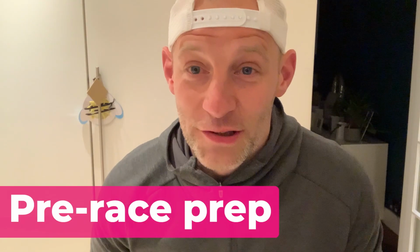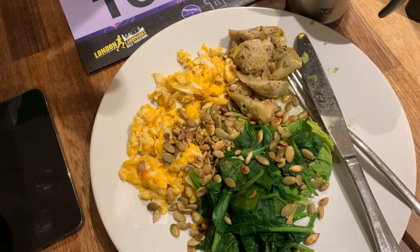So here's a quick window into my pre-race preparation, which has been absolute junk actually. I woke up at 2:30, couldn't get back to sleep, so decided to come around. It's now 5:38, I've come down to get breakfast. I gave up, came down early, just having my pre-race breakfast, which is a bit of scrambled eggs, bit of